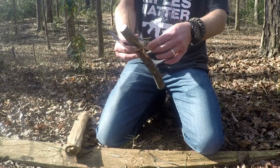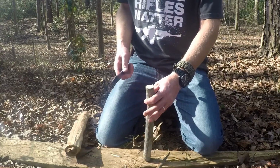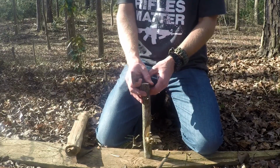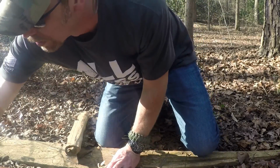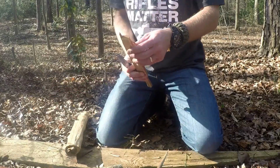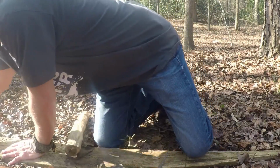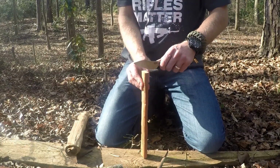Just easy. And then of course, obviously, you can definitely baton through little stuff like this if you are processing it down or needed to. Let me get another from some other knife testing that I was doing. Plenty of that going on around here. But